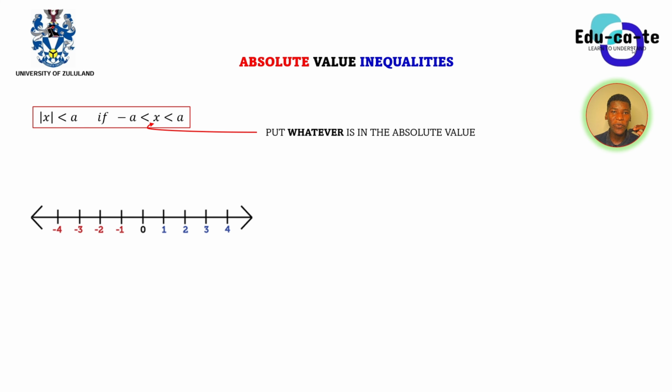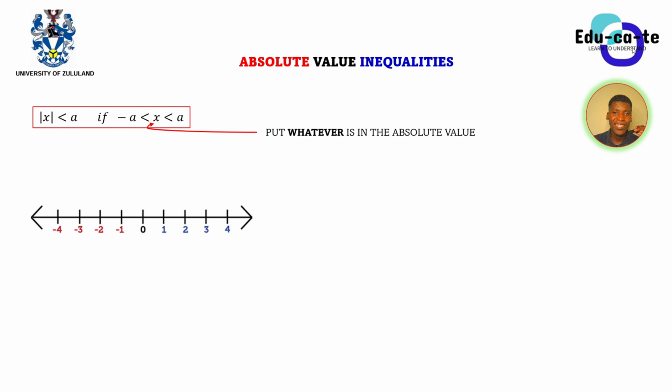In our previous video, we talked about a basic introduction of absolute values. Now we're going to look at absolute value inequalities. When we say that we've got an inequality, it's either with a greater than or a less than. So we can sometimes put an equal to, but that doesn't matter. It's a matter of no significance.